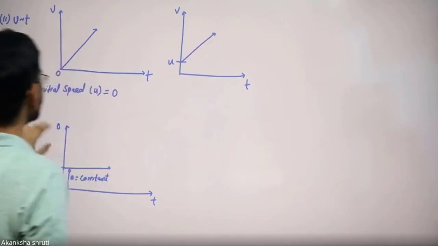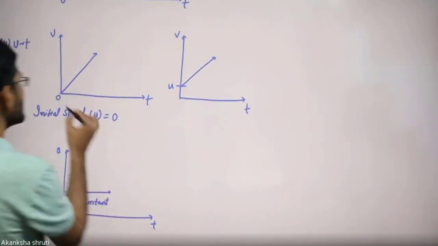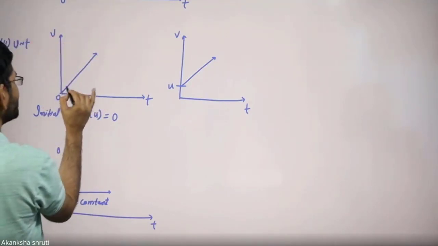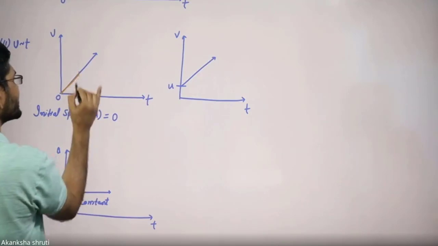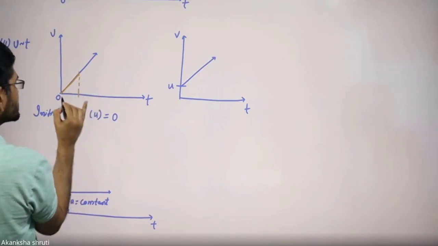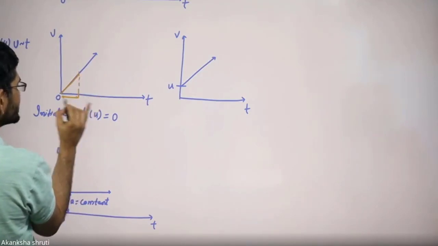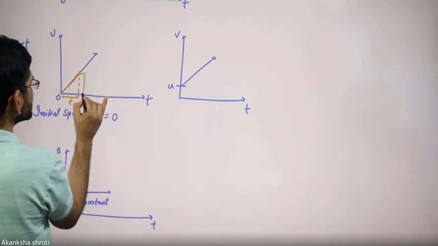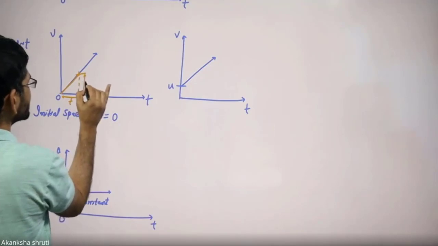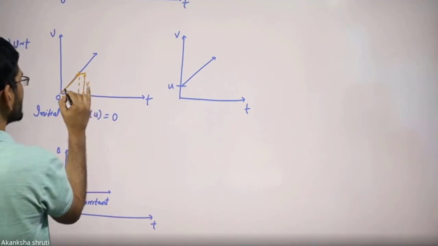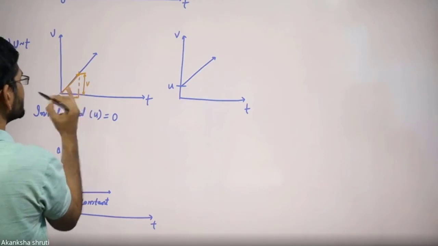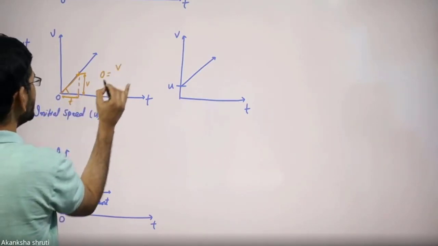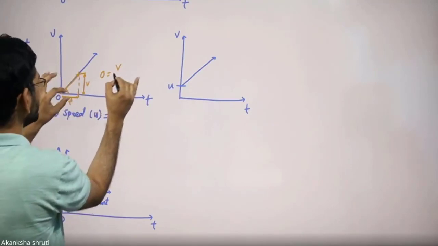Students, how is this acceleration calculated? For calculating the acceleration, you have to take this velocity time graph. You have to take a certain time interval. Let me take this time interval. This much time I am taking as t itself, maybe 5 seconds or 10 seconds. This much is the speed, let us call it v. So in this case, the acceleration a is obtained as v by t.